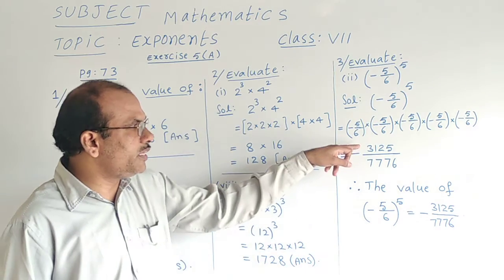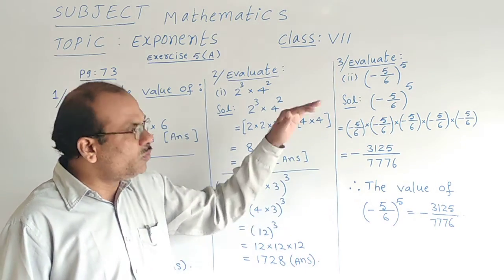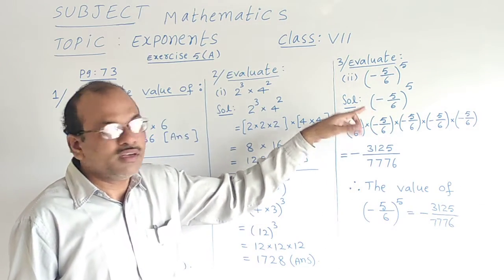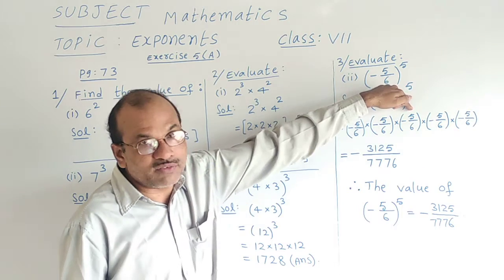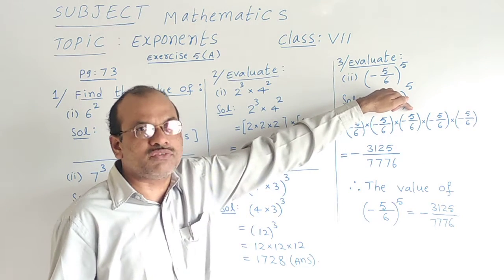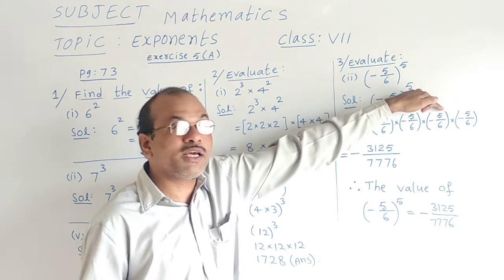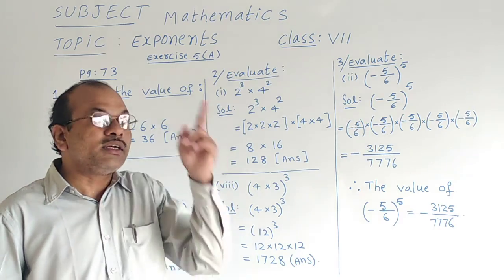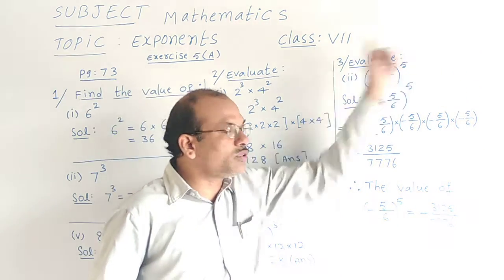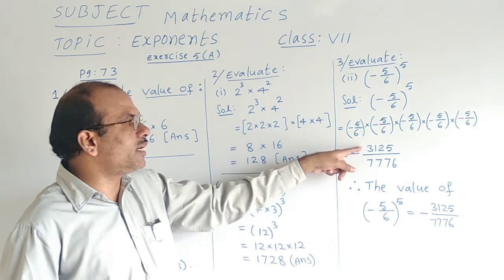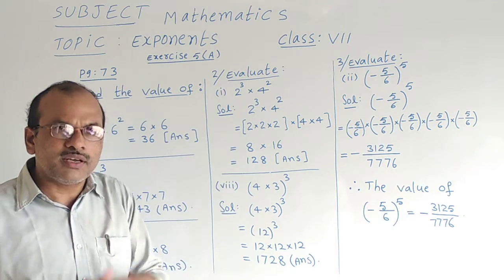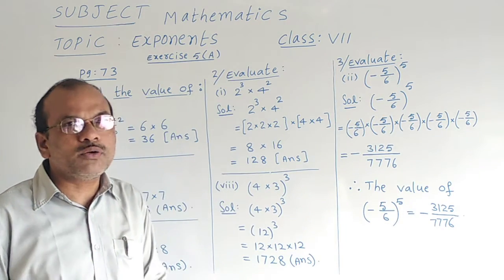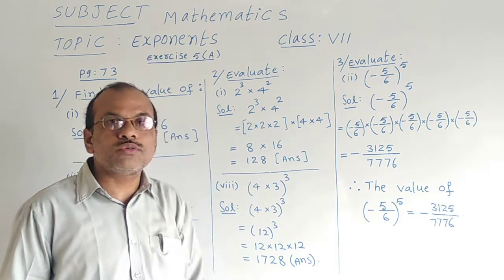Did you understand how we got this numerator and denominator? We have to multiply. Is it clear? 5 into 5 is 25. 25 should multiply with 5 in the rough. We will get the answer 125. Again that 125 should multiply with 5. Then another answer you will get in the rough, that is 625. That 625 should multiply with 5. Then we will get the final answer, 3125. The same method can be used with 6. Is it clear for you? That is the method we have to use to complete it.